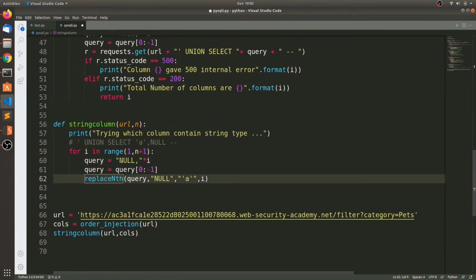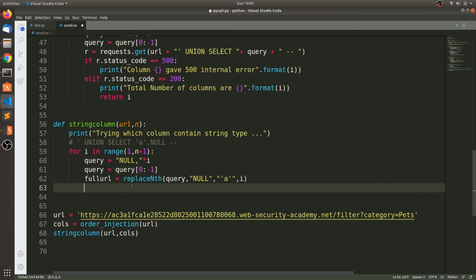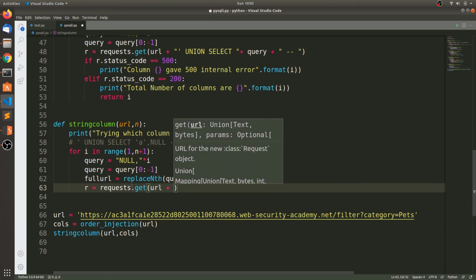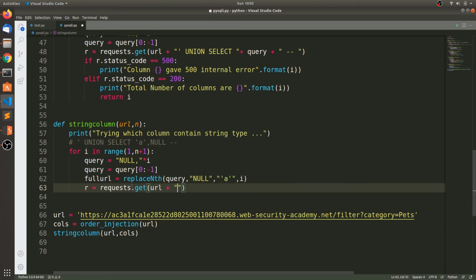Okay, so let's say full URL. Okay, now we need to get the request dot get of URL plus, so you need to specify union select plus full URL plus, and then dash the comments.